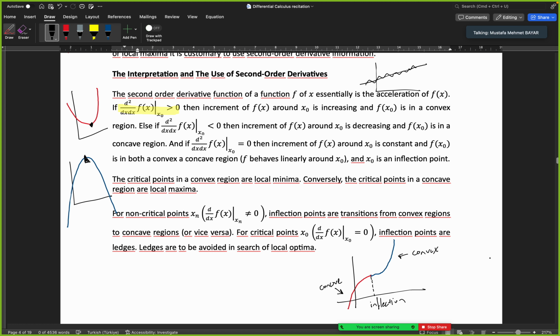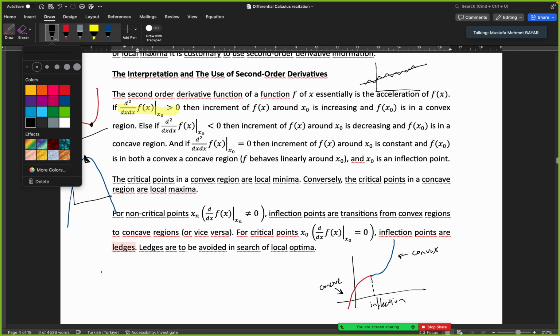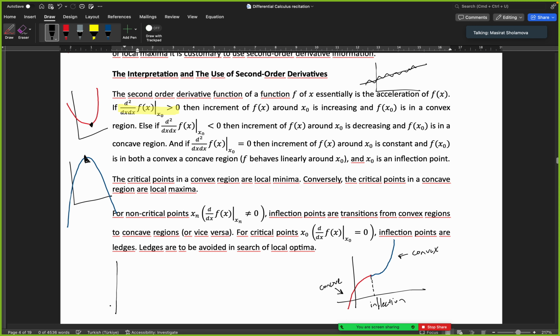Do you have any questions about first order derivatives or second order derivatives? Teacher, if we have a critical point, our f of x is always equal to 0. Am I right? I'm sorry, can you repeat it again? If we have a critical point, our f of x is always equal to 0. Am I right? So having a critical point just means your function is